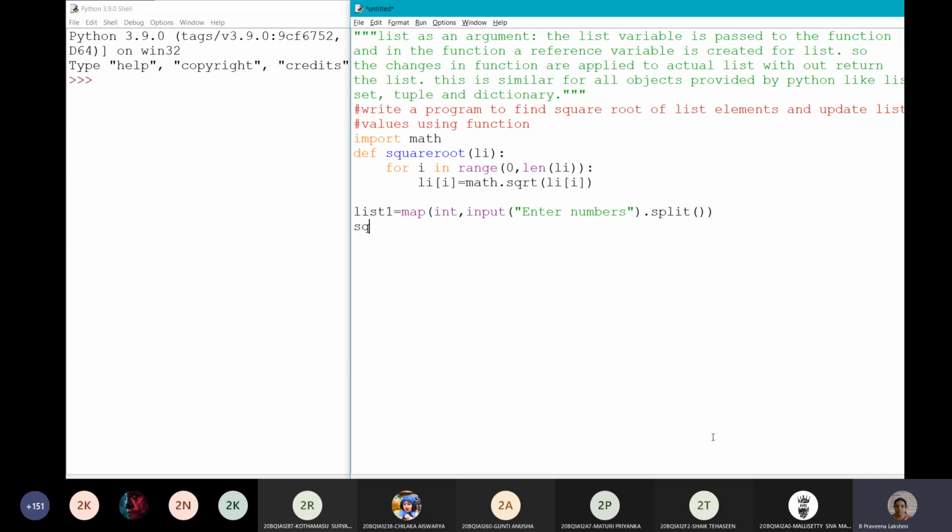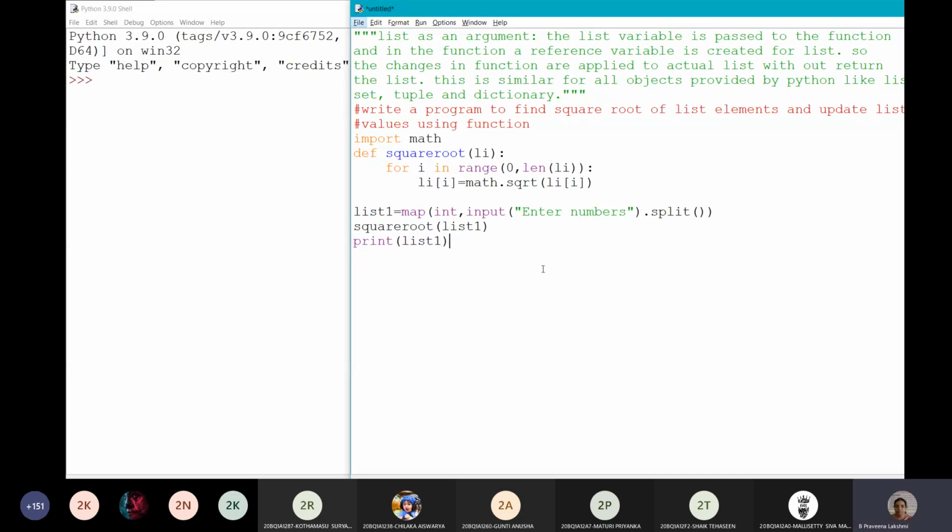Root of list 1. Now I will display the values again. Print the list 1.